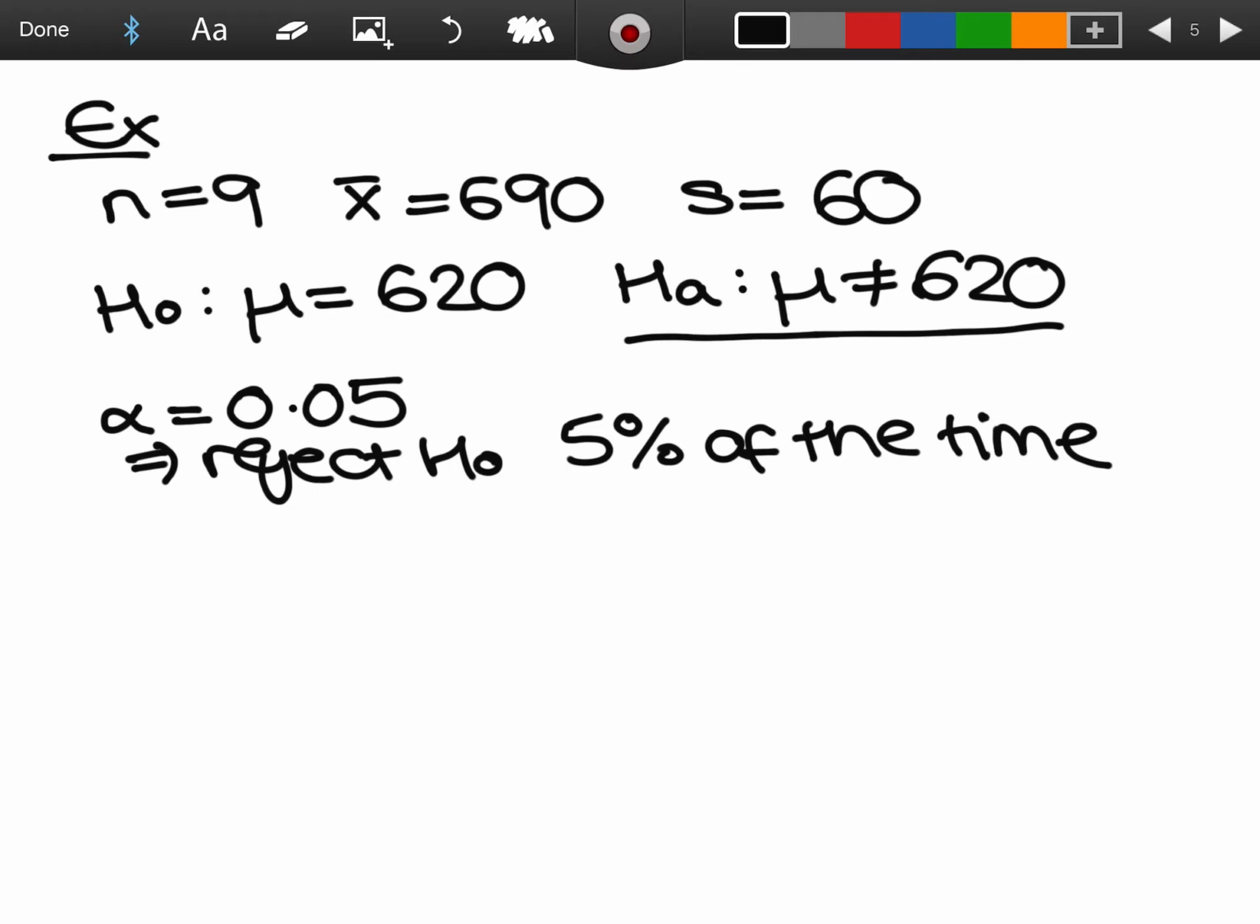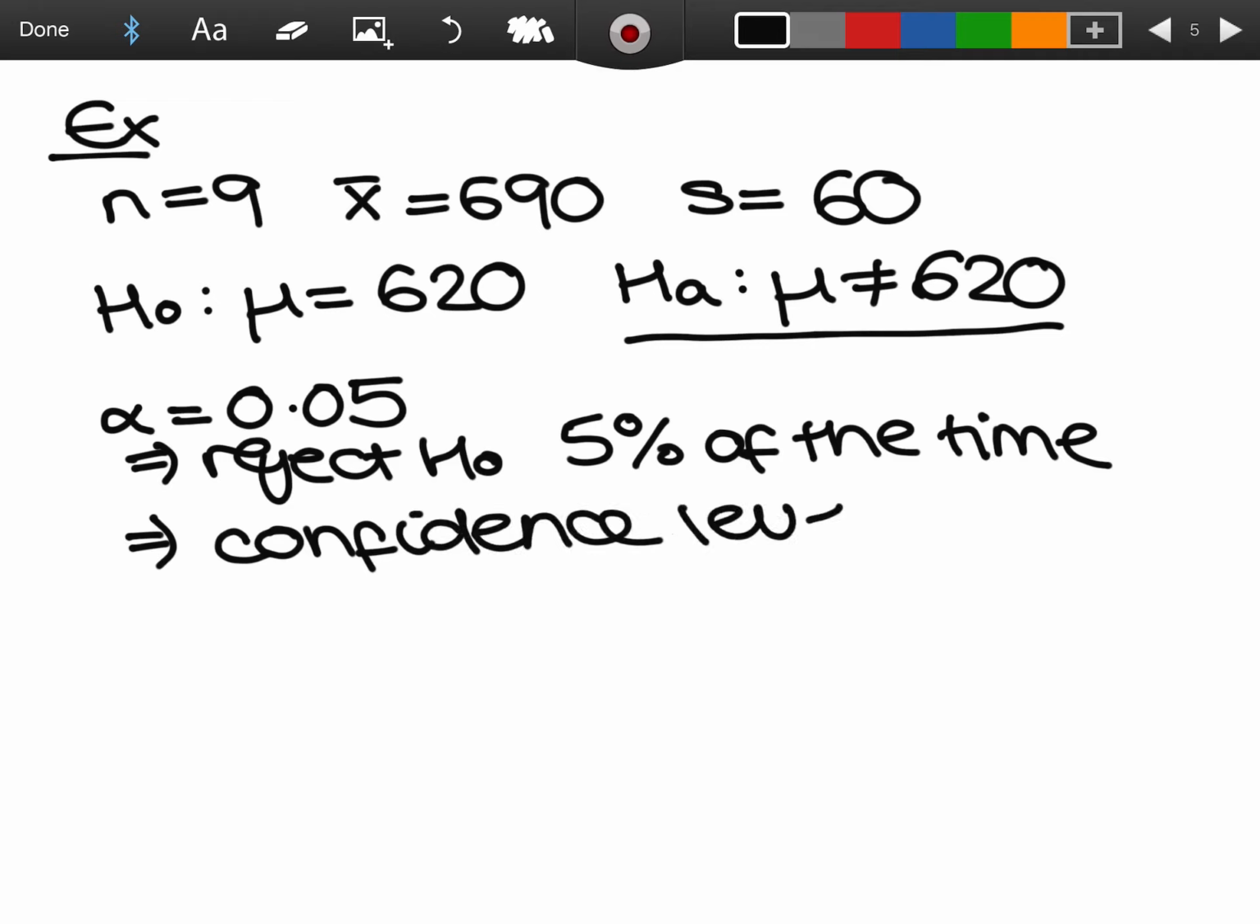Okay? Which means if we want to reject the null hypothesis 5% of the time, that means 95% of the time we want to fail to reject the null hypothesis. We want to be in favour of that null hypothesis. Which means if we want to be in favour of the null hypothesis 95% of the time, 95% of the time we must have that our mean will fall within this confidence interval that we're about to calculate. Which means that we have a confidence level